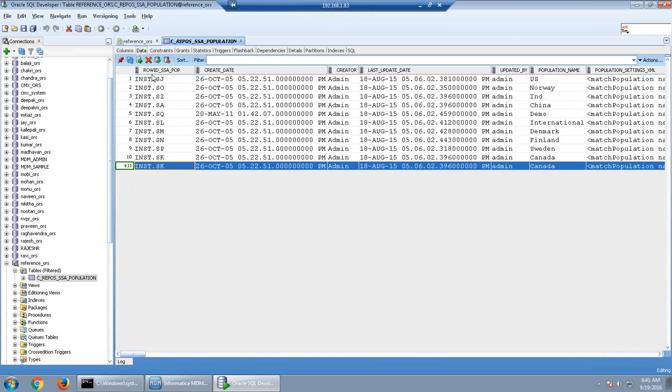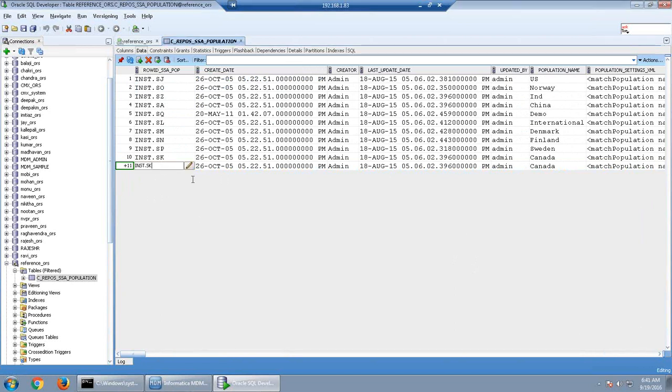Now the first column is row ID SSA pop. Row ID SSA population has to be a unique column, so we can put some value which is not there, like B, as B is not present here.